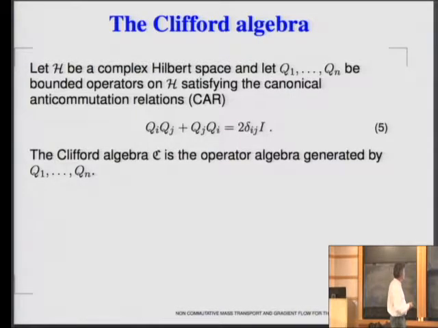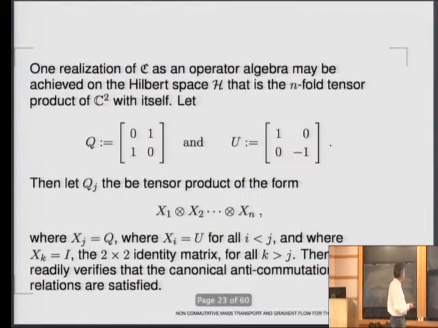So here are the canonical anti-commutation relations. You have n operators on a Hilbert space, and they anti-commute like so. These are the generators. Now, here's a construction of them, if you haven't seen them. The Hilbert space on which they'll act will be C2 tensor C2, n times, so a 2^n dimensional Hilbert space. And Qj is the product of the following thing. So the first